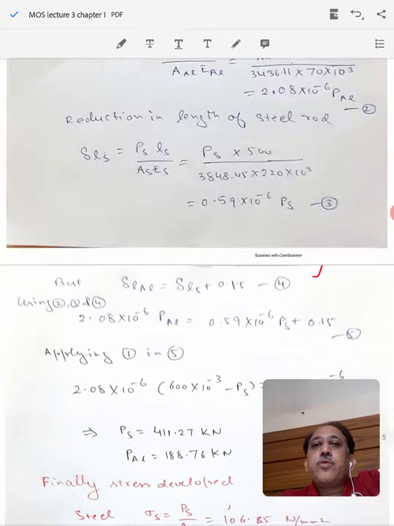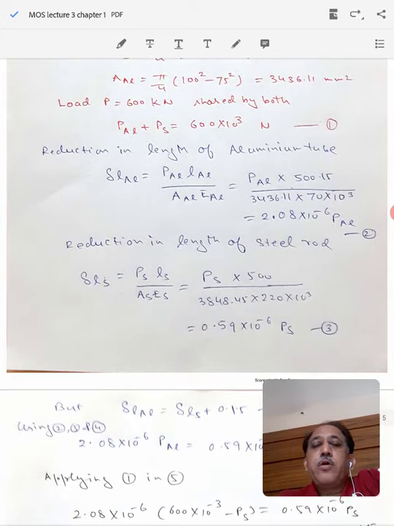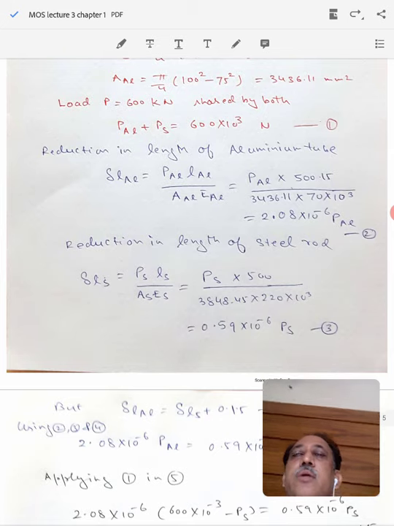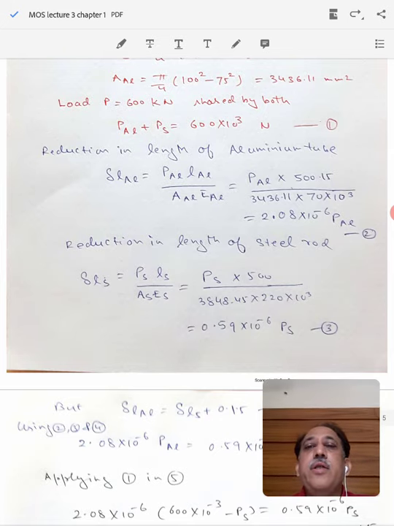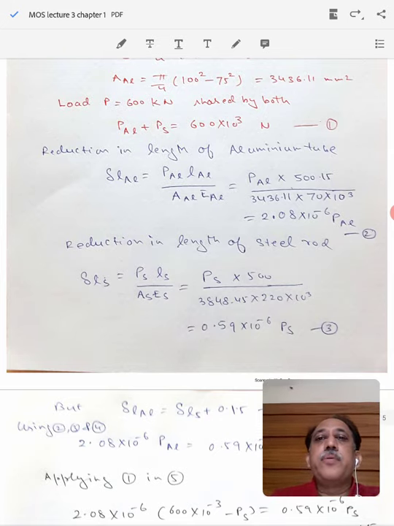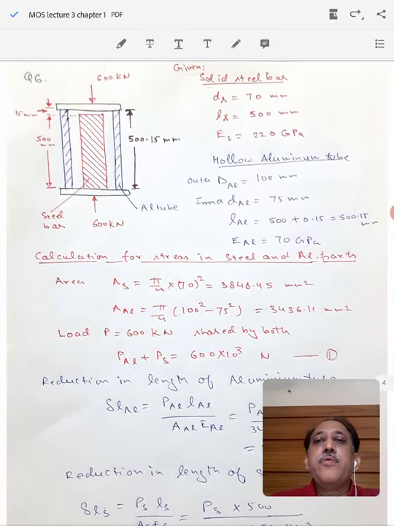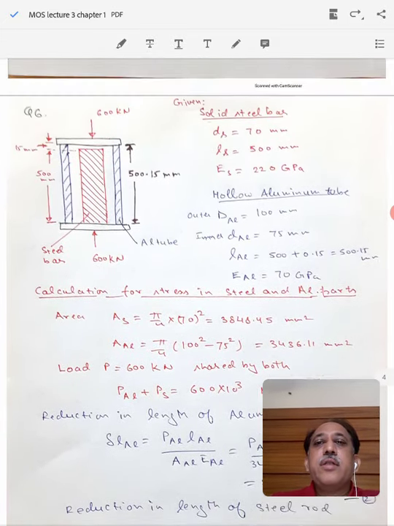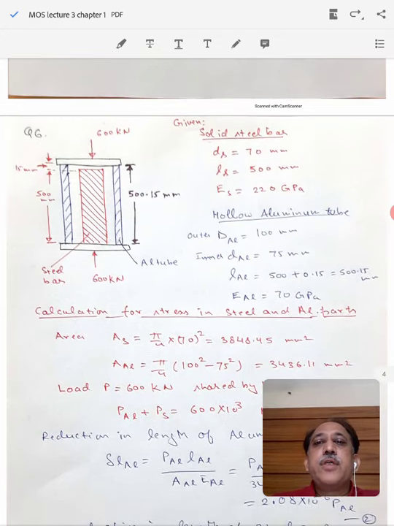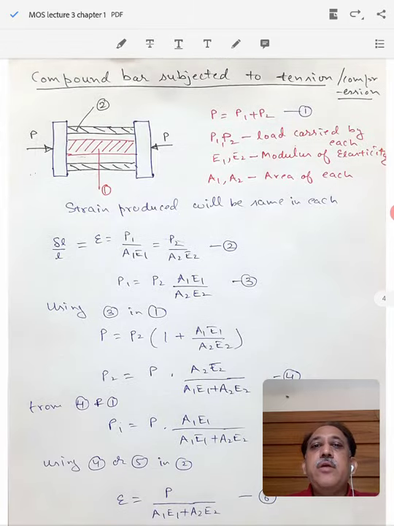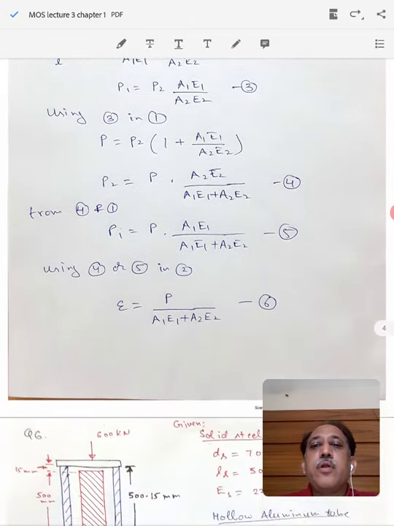So that is it for today's lecture. There are a lot of problems given in your book. You may be using any standard book which is available on the internet, or maybe a soft copy is available with you. Please go through those example problems given in that book, as well as the numerical problems given at the end of the chapter. Try to solve those problems and see if you can solve all of them or not.